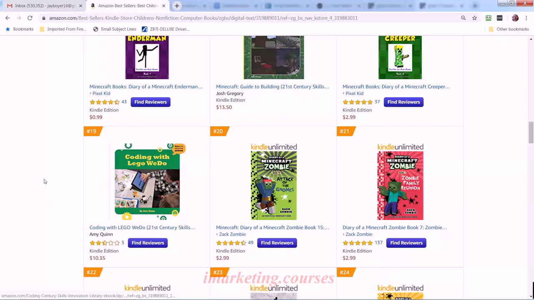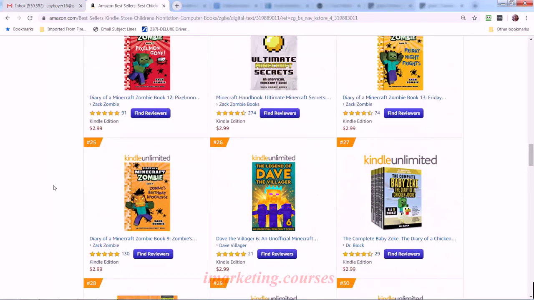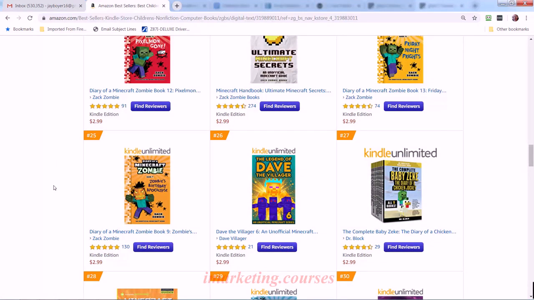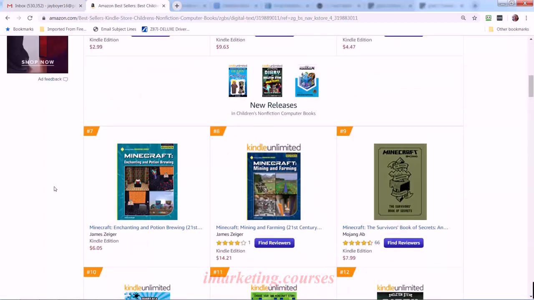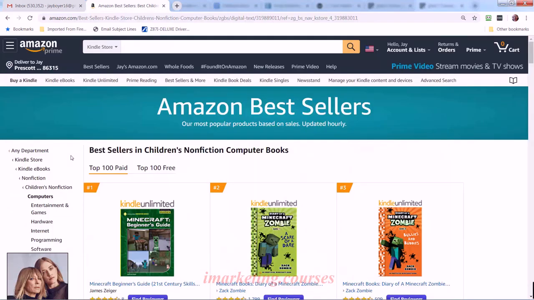Coding with Lego WeDo. I'm not sure what that is, but kids coding books. I remember my son took a kids coding lesson. It was an online course. I think it cost us $90 or something like that a couple years ago when he was totally into that. He actually got good at coding apps for Minecraft. I think a video game cheats book would do really well here. For kids that want to get to whatever level 6 of Minecraft, you'll have some smarty pants kid help you